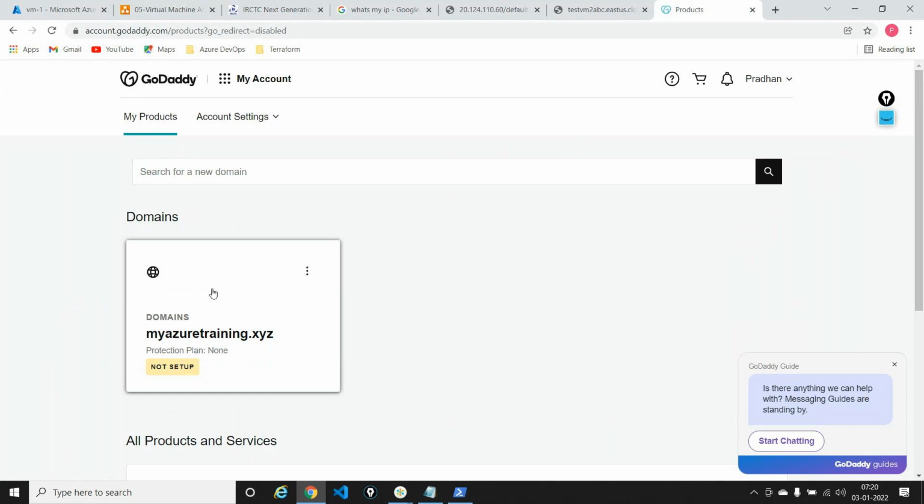The theory is good enough for this. So even if you don't do a practical, it's okay, because you might not have a domain name with you, the way I do. So what I do is I just go into the domain name